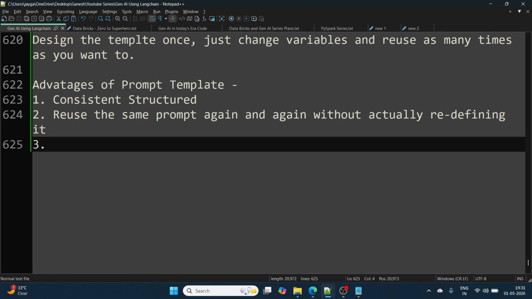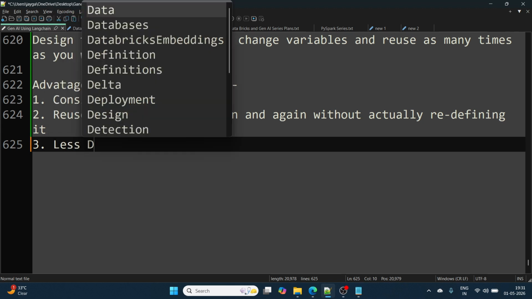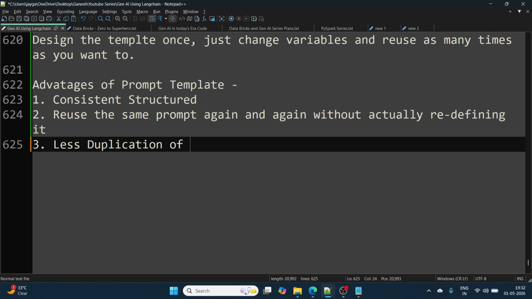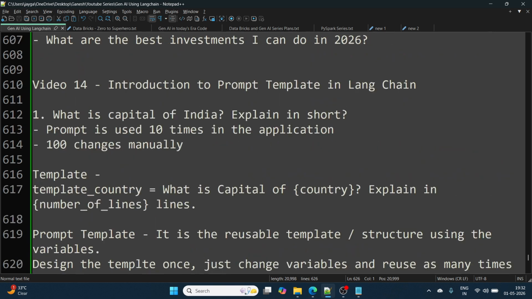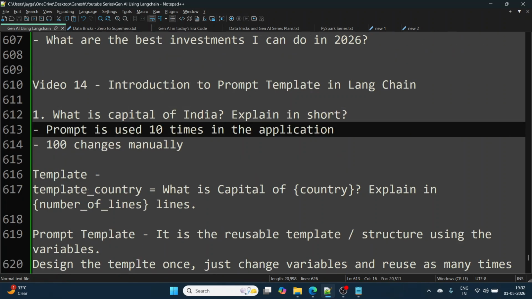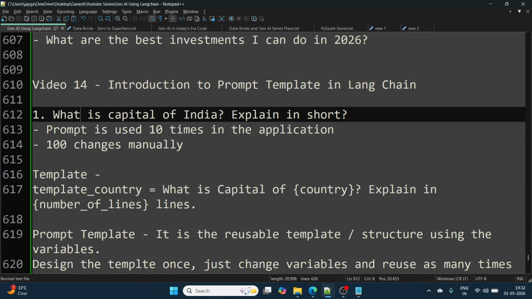And the next advantage is less duplication of code, right? What do I mean by less duplication of code? If I have some prompt, let's say I am defining this prompt 10 times in my application, instead of calling this prompt 10 times in my application,